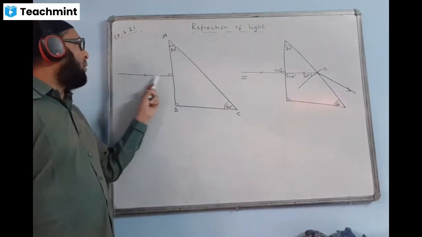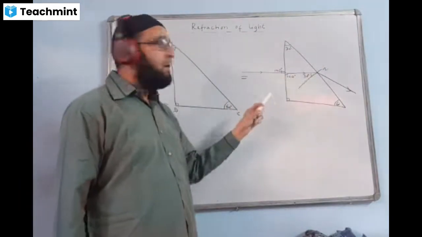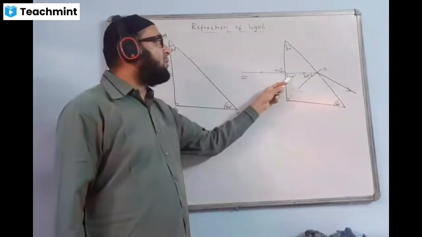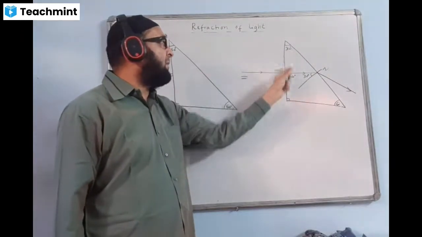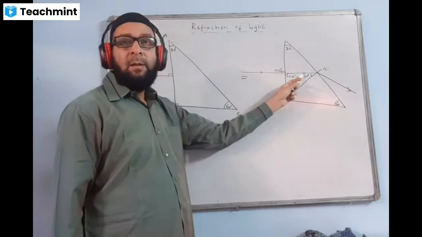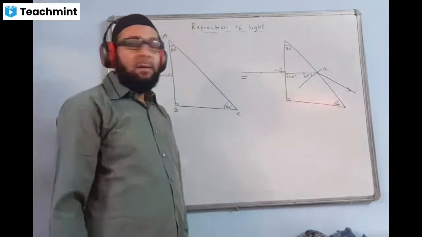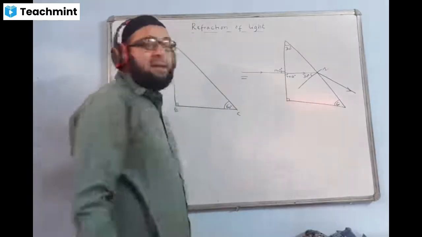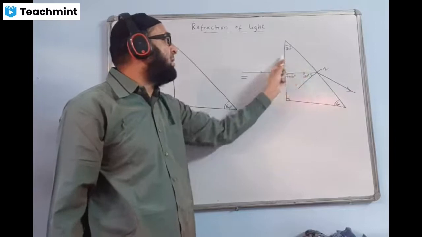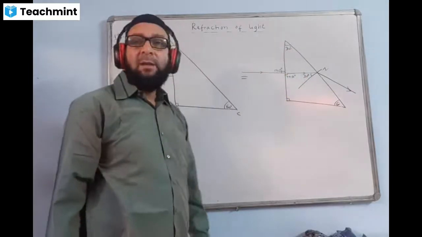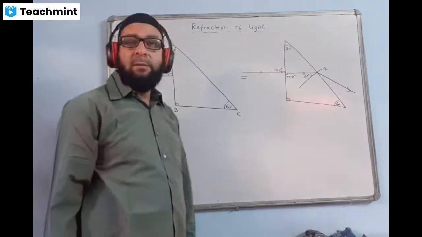This ray is coming normally, so it will go straight. I value will be 0 degree, R also 0 degree. Now I'll find this angle. This angle will be equal to this angle actually, but 30 minus 0 will come here. Whichever two sides are receiving the rays, here is the angle A. The angle between these two sides you have to take. The angle between these two sides is how many degrees? 30 degree. You subtract 30 minus 0 and it will come here.